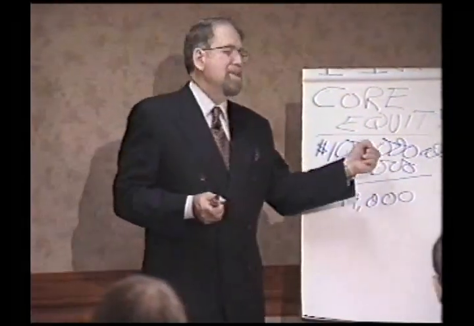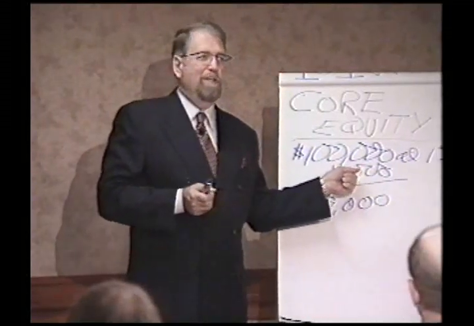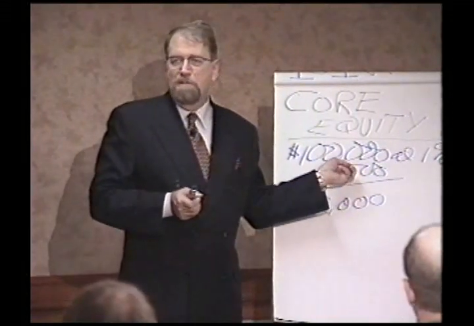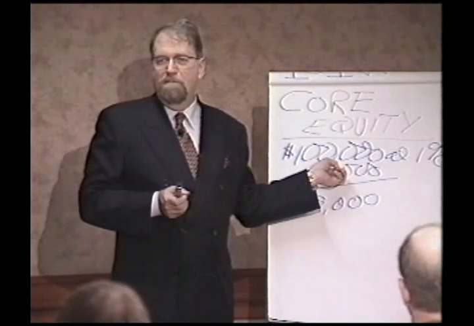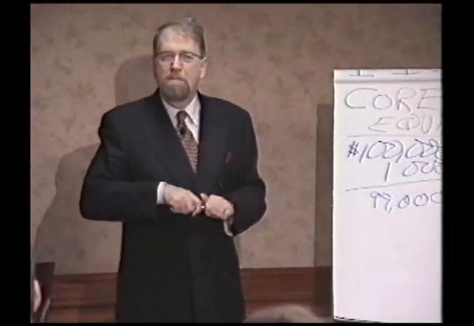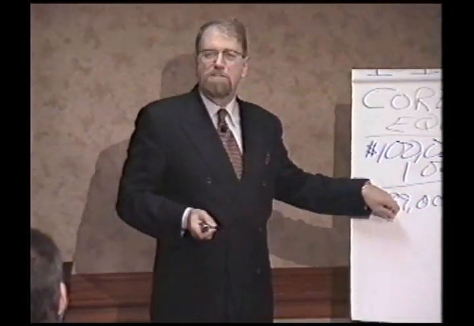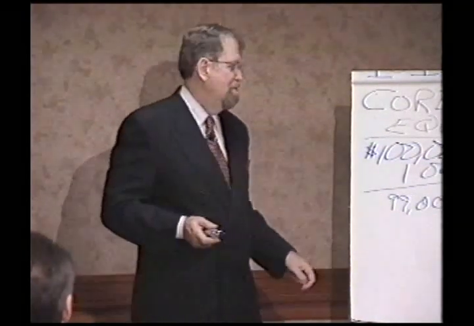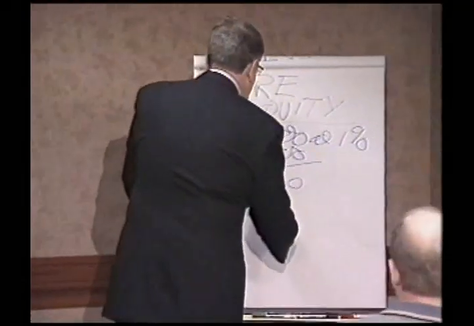And the nice thing about this is you consider this particular allocation gone until it's closed out, which for a lot of you, it might be gone anyway. If you have a good system that has high R multiples but is wrong 60-65% of the time, it's probably gone. So you just assume it's gone. The next position now is 1% of the core equity, or $990.